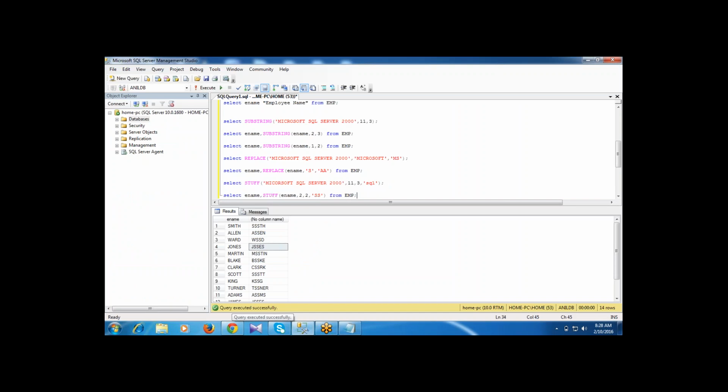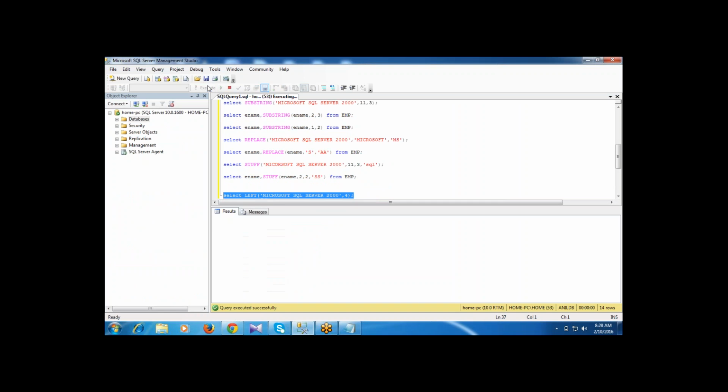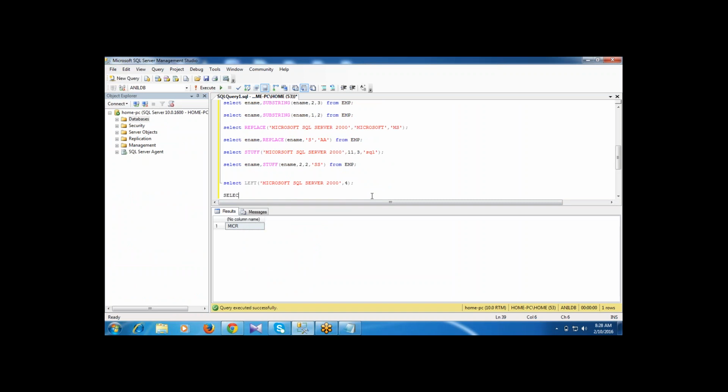So here I'm writing the function: select left, Microsoft SQL Server 2000. From the left side here I want to get 4 characters. From the left side of the given string, I'm getting the 4 characters. Select right, Microsoft SQL Server 2000, and from the right side here I want to get the 4 characters.